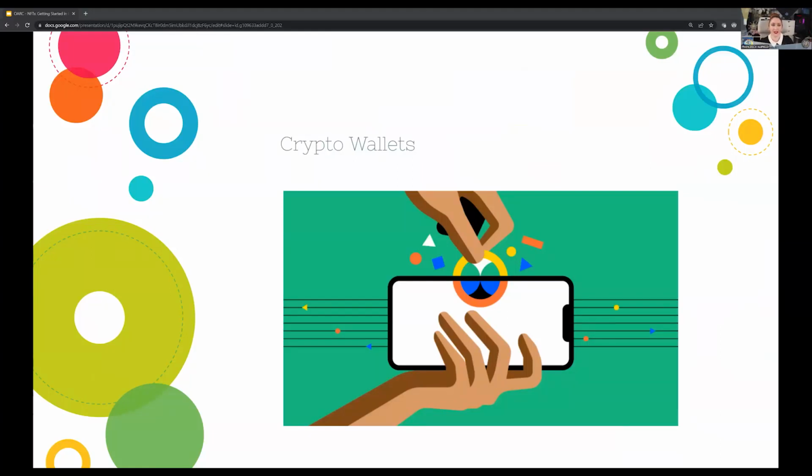So when NFTs are created and sold, cryptocurrencies are used. To create and sell NFTs, you will need what's known as a crypto wallet. This stores your private keys, keeping them safe and accessible so that you can buy, sell, send and receive, or spend your cryptocurrency. I'll show you how to set one of these wallets up in just a minute because we'll need one in order to create our own NFT.